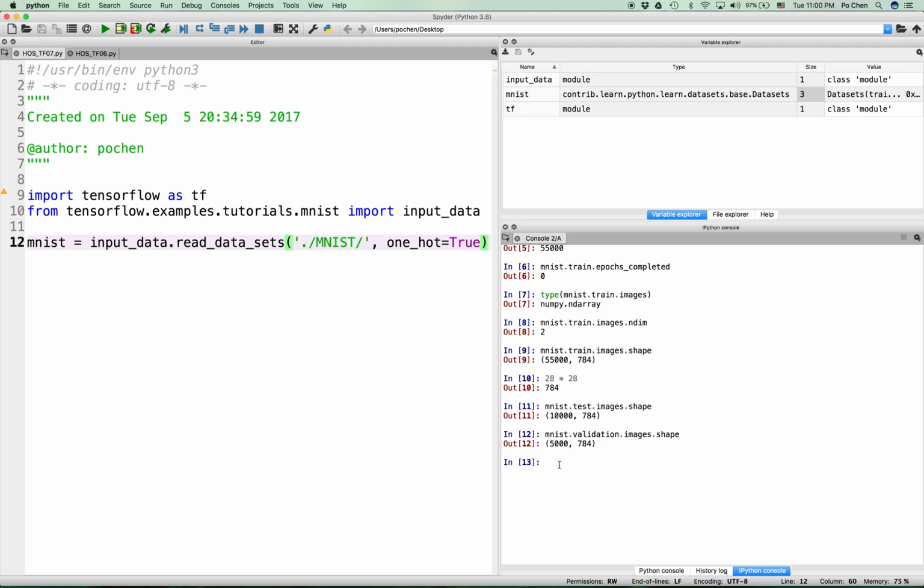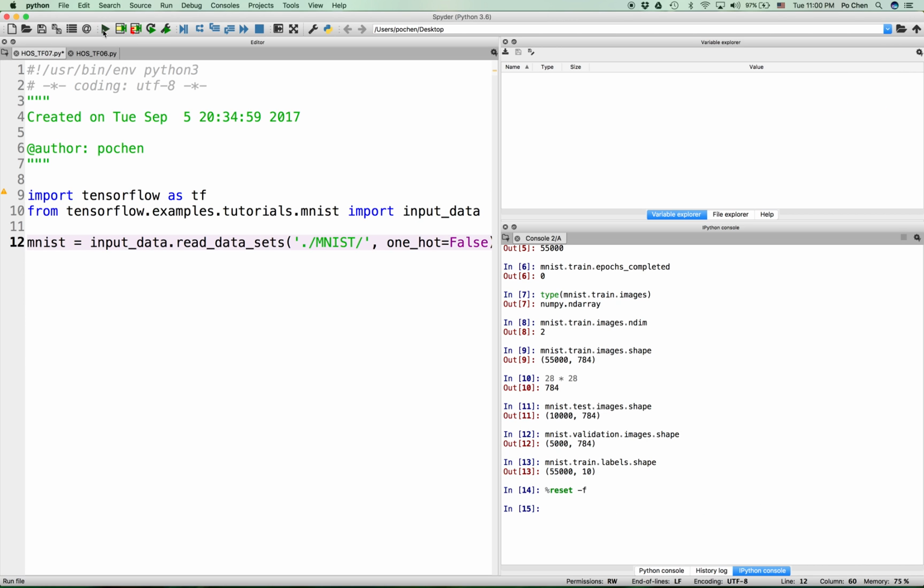And then we can also look at the shape of the labels, right? MNIST train dot labels dot shape. 55,000 rows, 10 columns. The reason that it has 10 columns is because every label has been converted into one hot encoding. So suppose we change one hot equals true to one hot equals false here, and then let me just do a reset, and then if I run this code again,